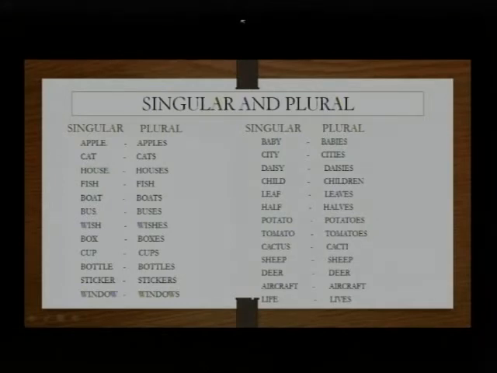So these are a few of the singular and plural words that we have to learn, because every day when we speak, there are a few situations where we will be asked or we will be known for our communication skills. When we have a chance, or when we have to talk about a bunch of people or a bunch of anything, the main thing to remember is where to use singular and where to use plural.